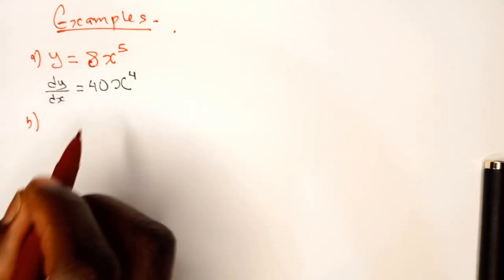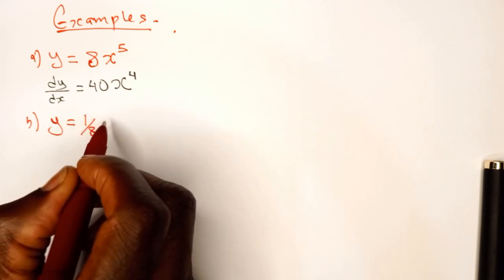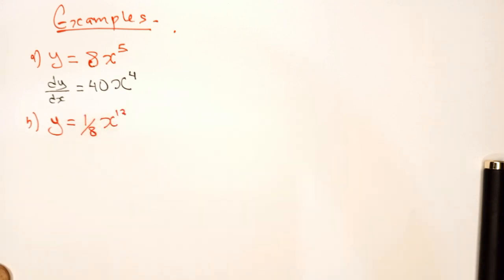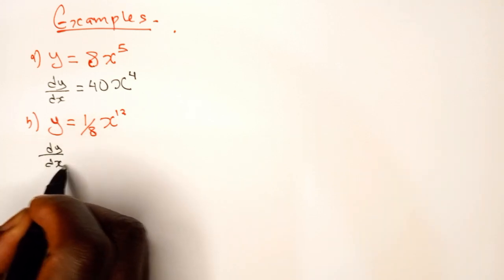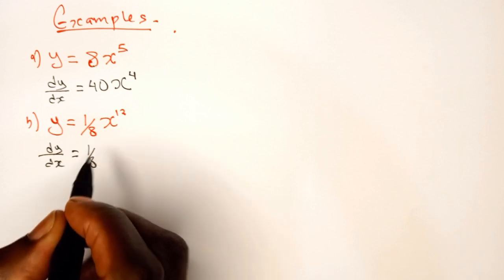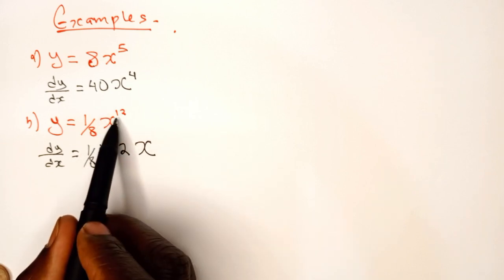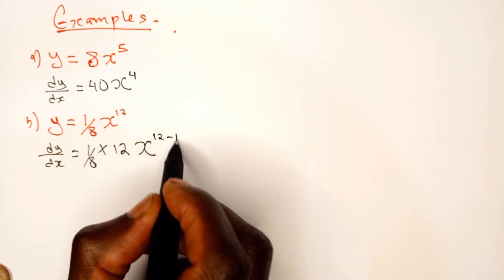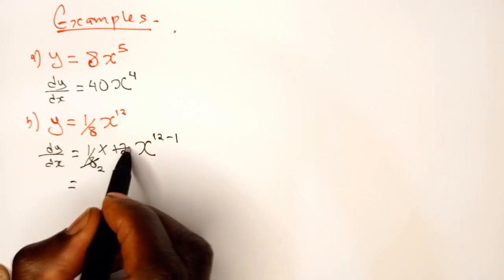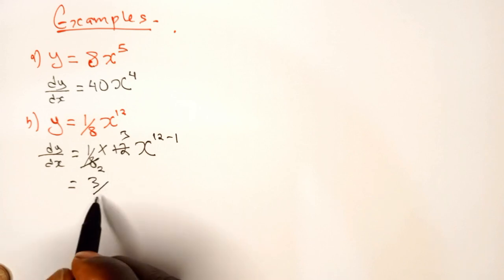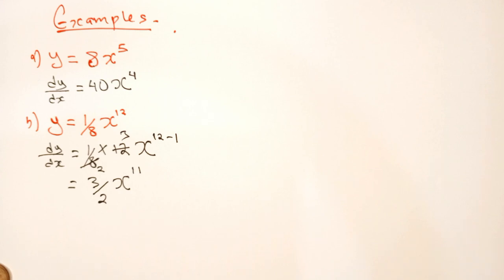Our B, we have y is equals to 1 over 8 x raised to 12. So if I'm told to differentiate this one, I will say dy dx will be equals to 1 over 8 times 12 x. Then we minus 1 from this power, so it will be 12 minus 1. So finally, you're going to have, so 4 goes here 2, 4 goes here 3. So we'll have 3 over 2 x raised to 11. C